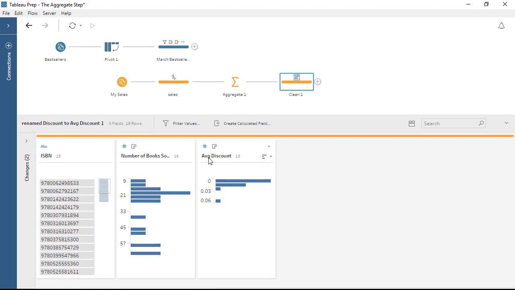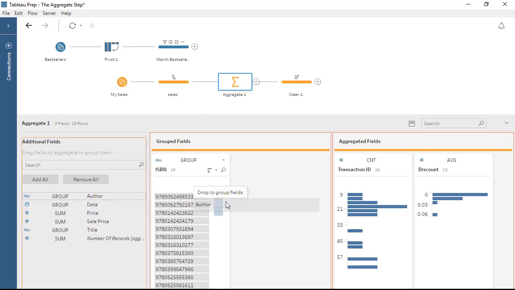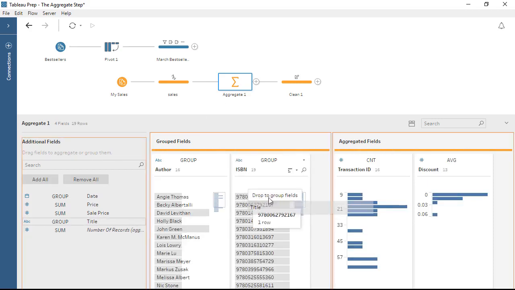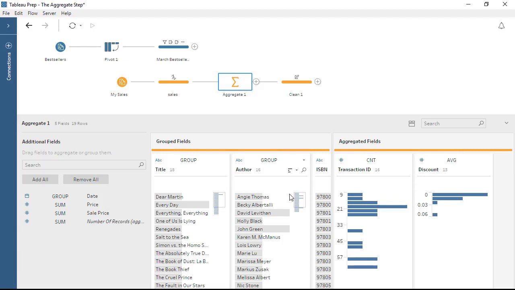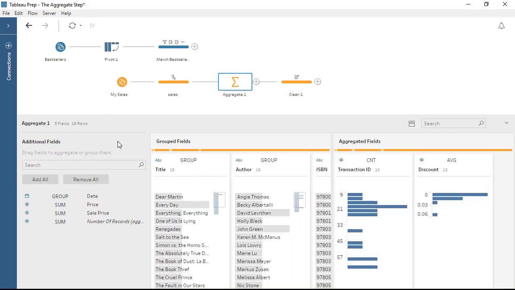If we wanted to keep more of the original fields, say Author and Title, we can click back into the Aggregate step and add them to the Grouped Fields area. When we click back into the Clean step, we're still at 19 rows. Those 2 fields, author and title, didn't change the granularity of the data because they're already accounted for in the ISBN. If we go back and add date,